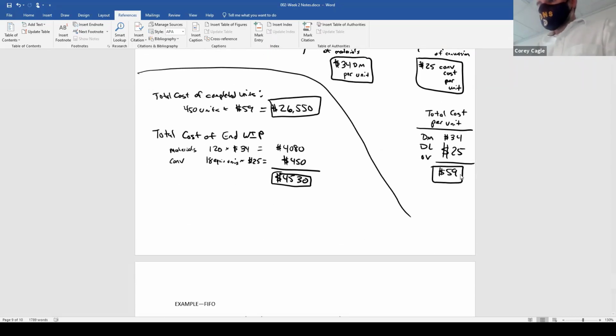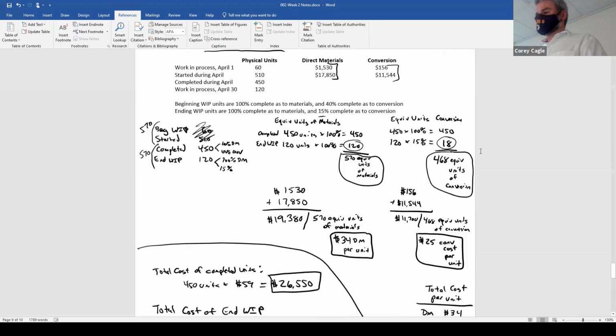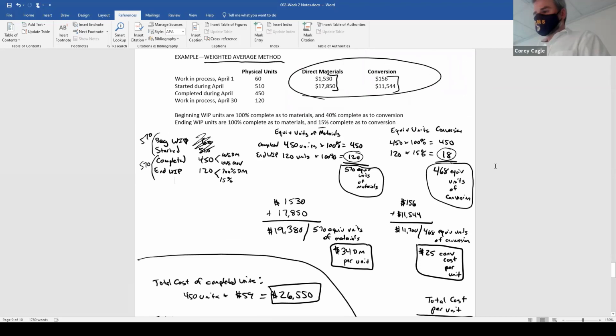Right here, costs to account for. There's only a certain amount of money in this problem. It's all right here. That's the whole total dollar amount that flowed through this problem. That money has to end up somewhere. So we've got 1,530